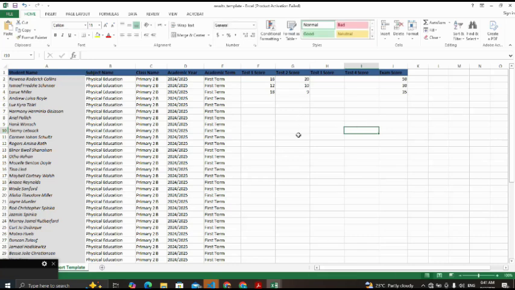Notice I didn't fill the other ones. The ones I didn't fill, the system is going to automatically fill, assuming the students didn't do the test and the exam. So after saving it,